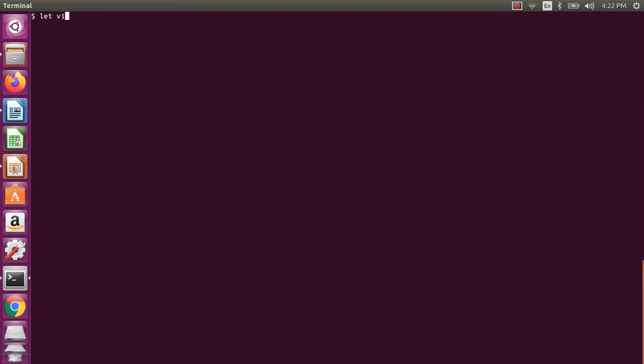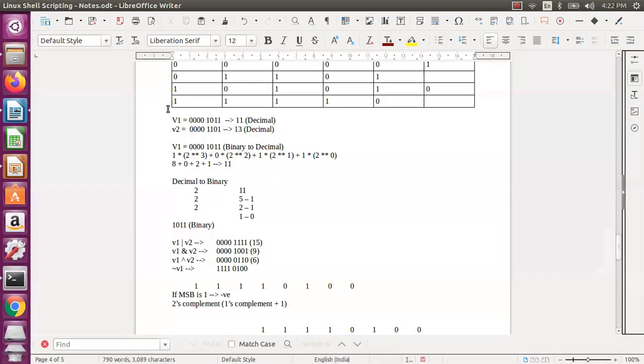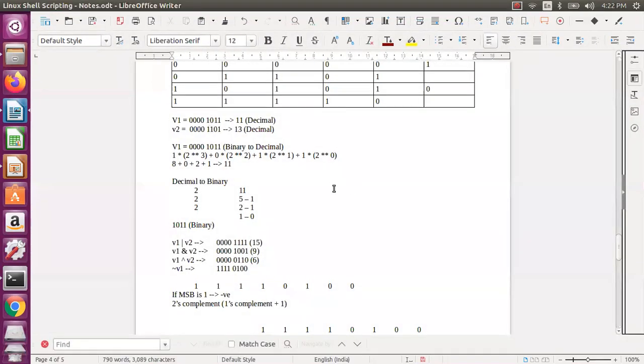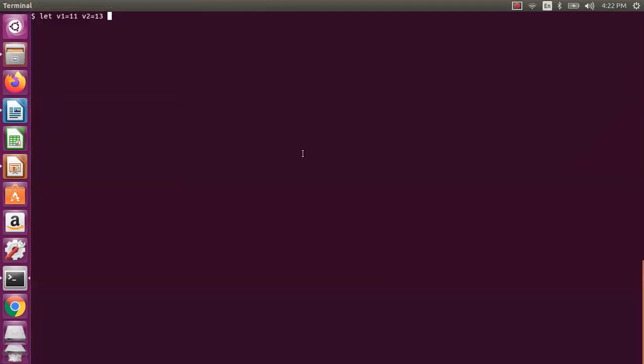So I say let v1 equal to 11, v2 equal to 13. We can use space, or comma in double quotes, multiple ways you can do it. And I want v1 or v2, right? So I say v1 or equal to v2. Let us do this entire thing like this.